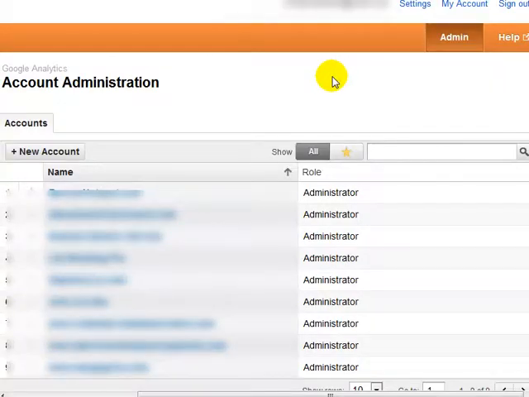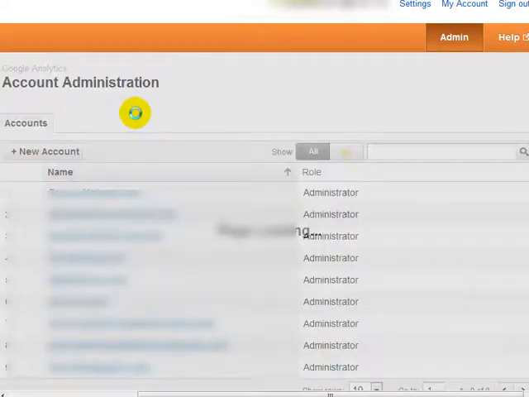So the first thing you'll need to do is hop on over to google.com/analytics and create an account if you don't already have a Gmail account. If you do have a Gmail account, you can go ahead and log in. Now, currently I'm logged in, and at the very top, what you want to do is click on Admin, and you'll see a button here that says New Account. So click on New Account,